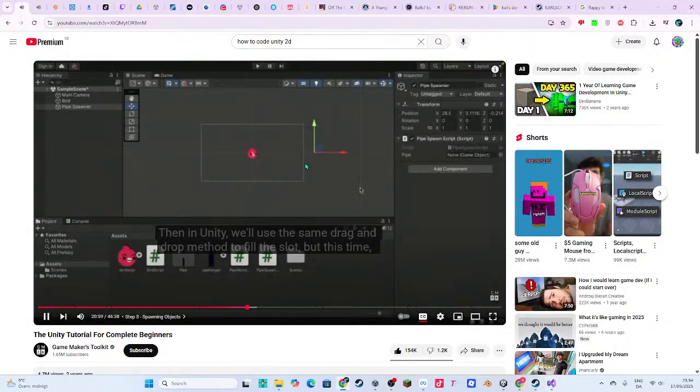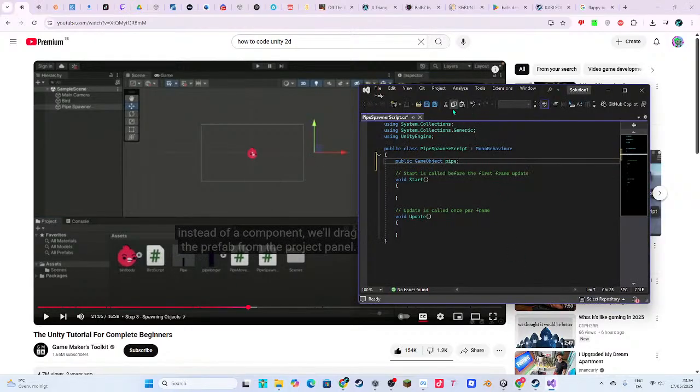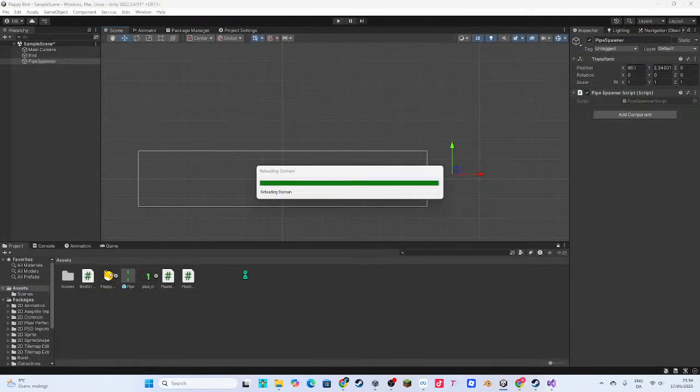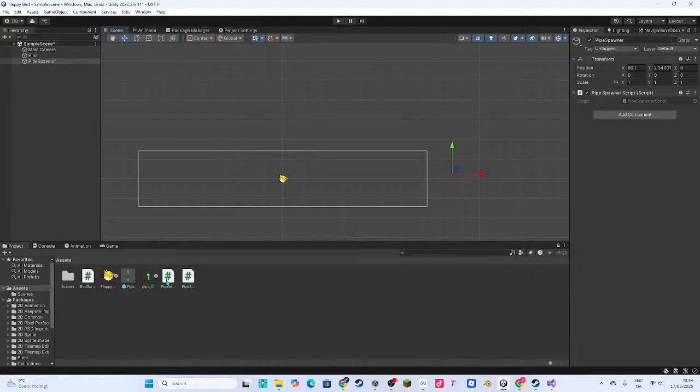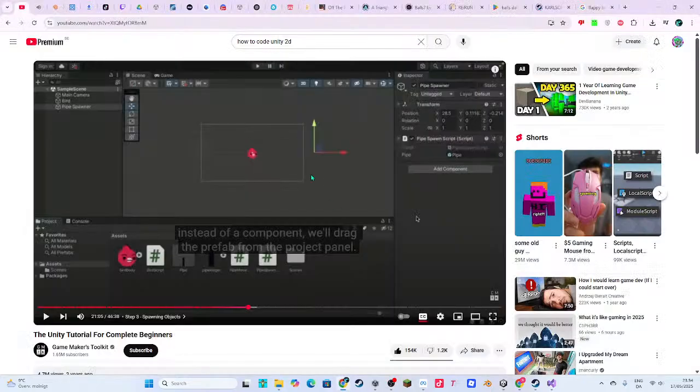Then in Unity, we'll use the same drag and drop method to fill the slot, but this time, instead of a component, we'll drag the prefab from the project panel.